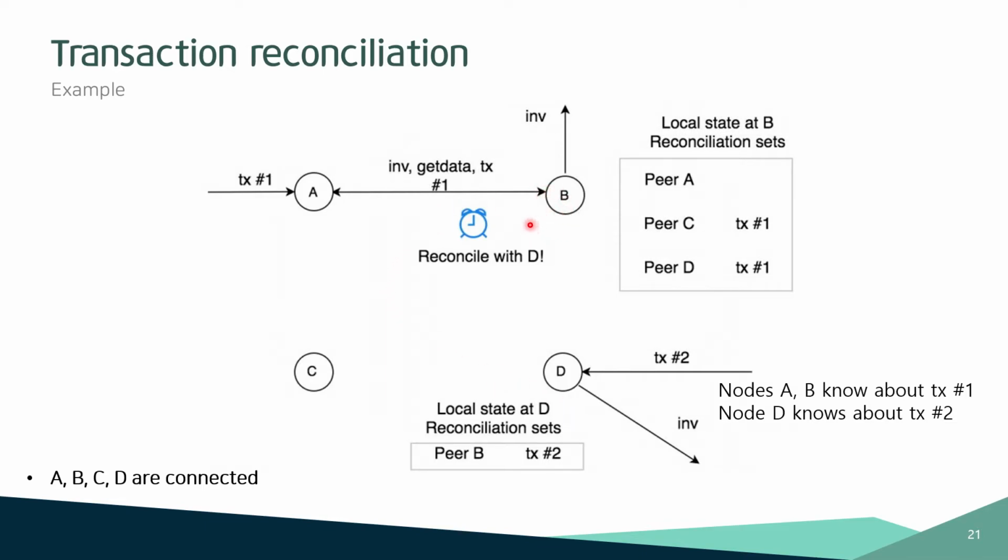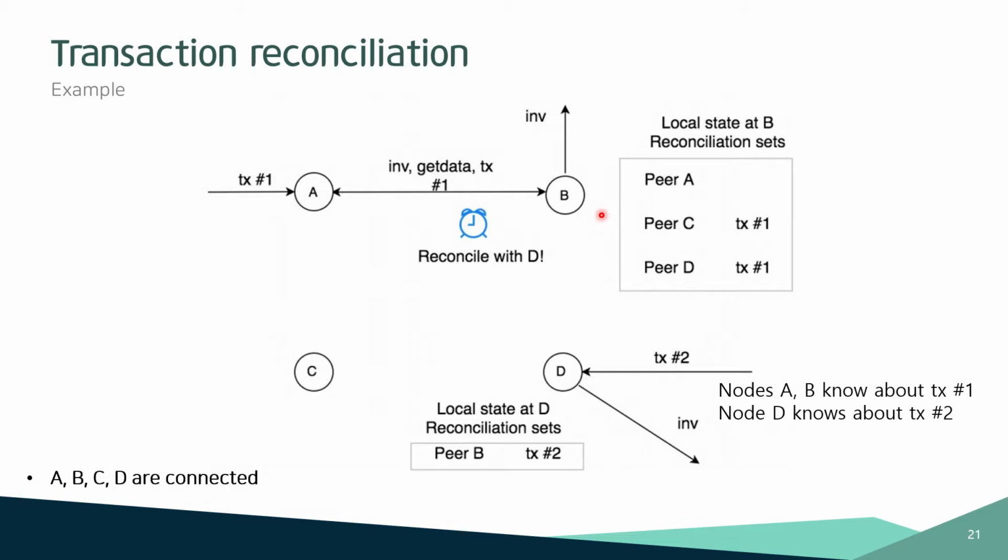In node B, there are 3 timers to reconcile: to A, to C and to D. When the reconciliation timer expires,